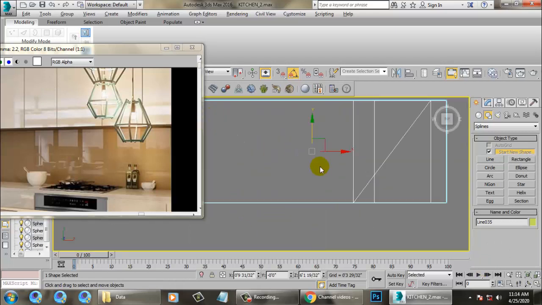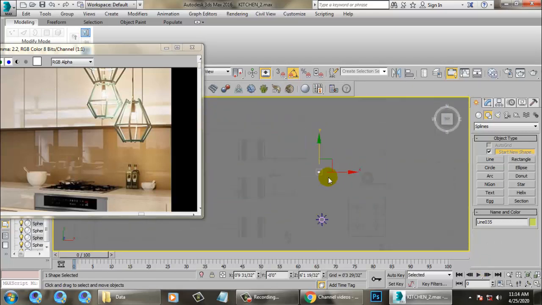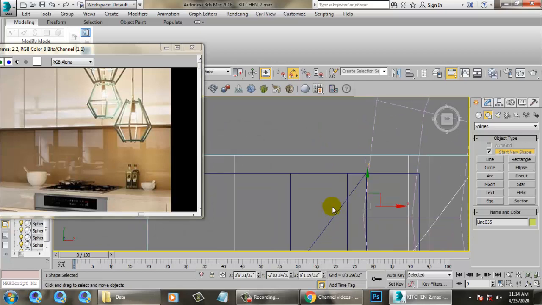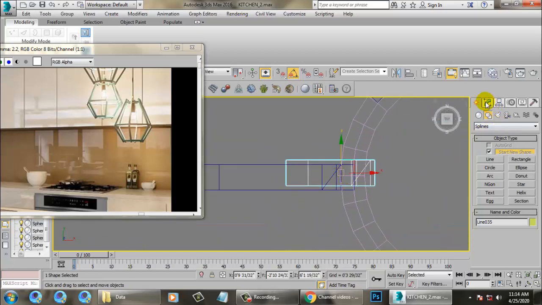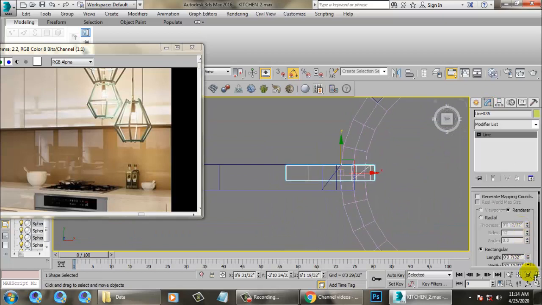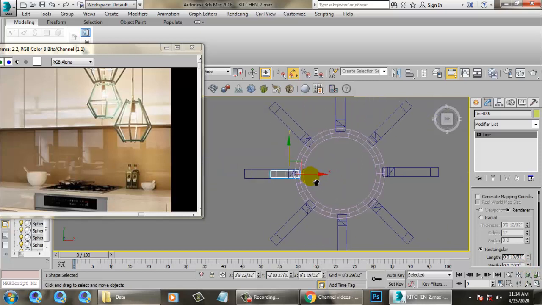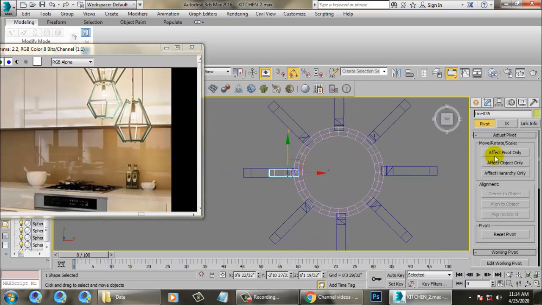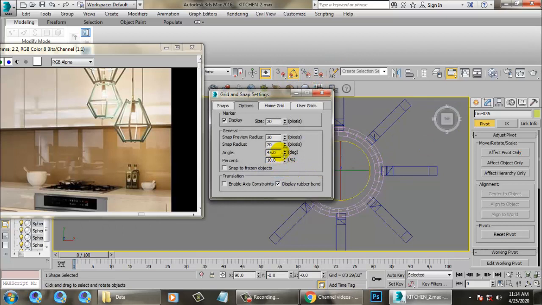Let's go back to the top view. Reduce its length and width. Affect pivot only. Push this till here. Press E. Now let's make it 90 degrees again.